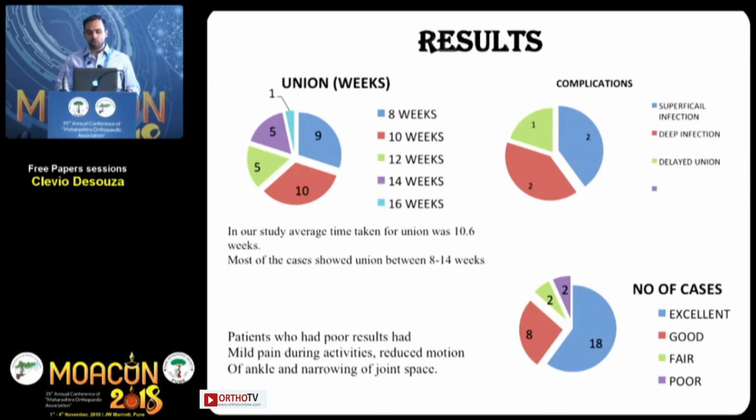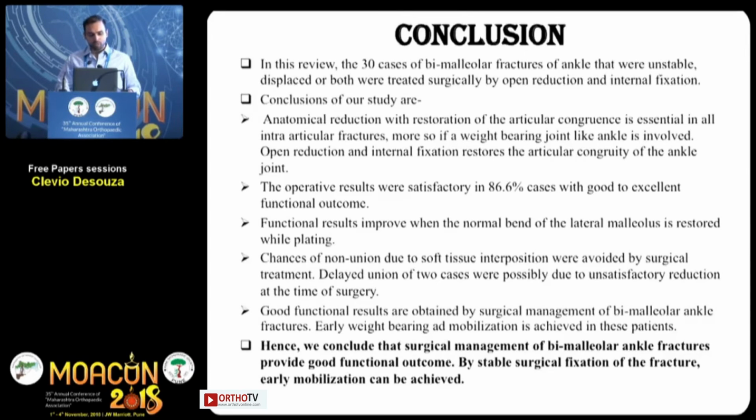The complications we came across were 2 cases of superficial infection, 1 of deep infection and 2 of delayed union. We had 18 excellent results, 8 good, and 2 fair and poor. Patients who had poor results had mild pain during activities, reduced motion of the ankle and narrowing of the joint space. Conclusion: in this review, the 30 cases of bimalleolar fractures of the ankle that were unstable, displaced, or both